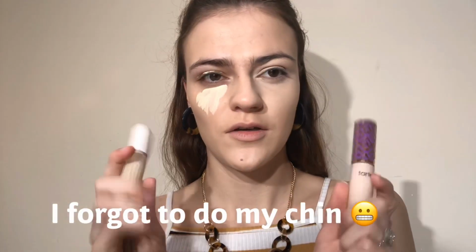So both of these concealers are pretty pricey. Usually I would use my Makeup Revolution Super Size Conceal and Define, and that is 12 Australian dollars. This one was 36 and this one was 38, both from Sephora. So a lot more pricey, but if they do the trick, I'm happy. But then again, I will show you as well, I've got this Born This Way concealer that was 40 I think, but in this one you get 15 mil. In the Conceal and Define you get